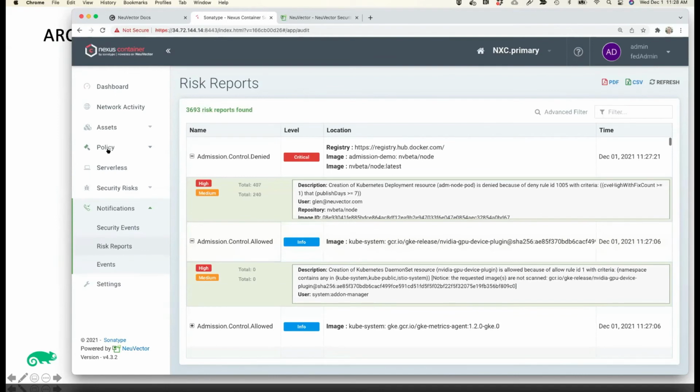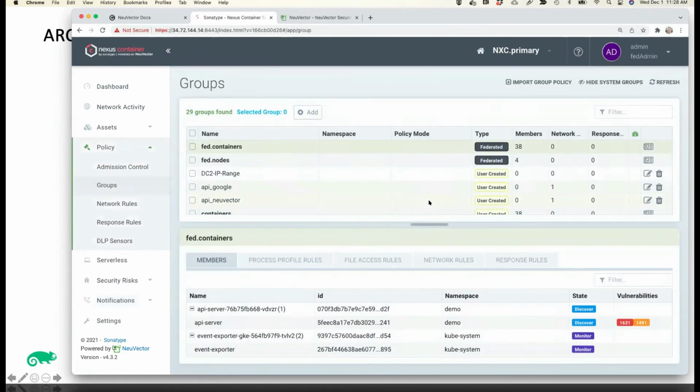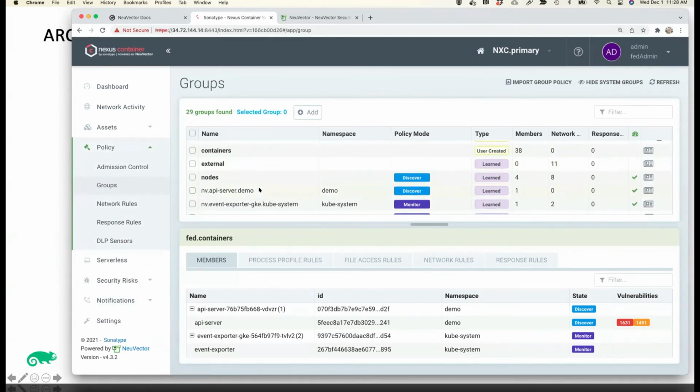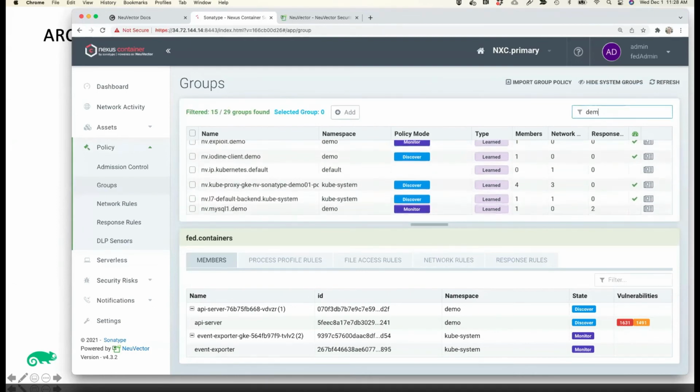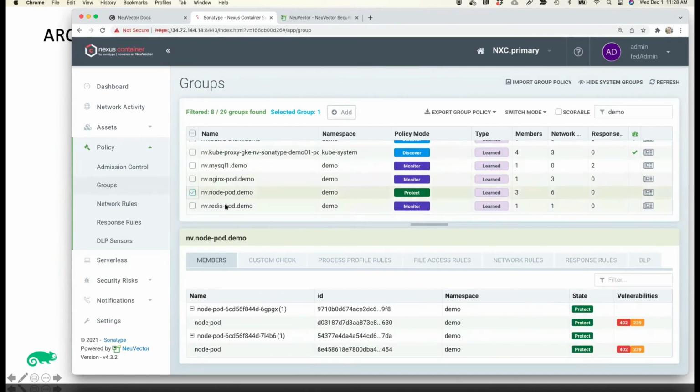All right, so once things are running in the production environment, under policy, under groups, this is where all the runtime protections are going to be managed. So if I look at my demo environment, I can see my demo stack and Nginx talking to Node, which talks to Redis.